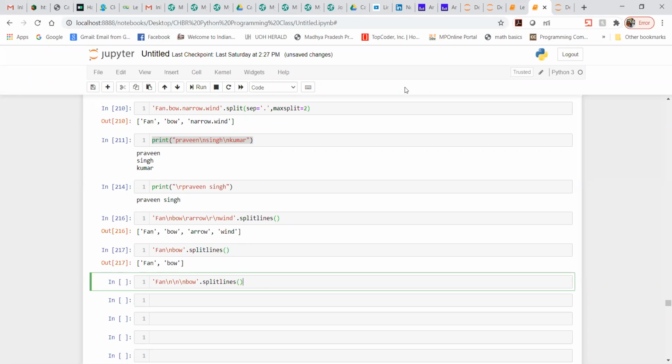I guess one or two people have attempted. Somebody has written fan and then bow, and somebody has written fan bow. Okay, fine. You are also fine. Let's see what exactly the output we will get.